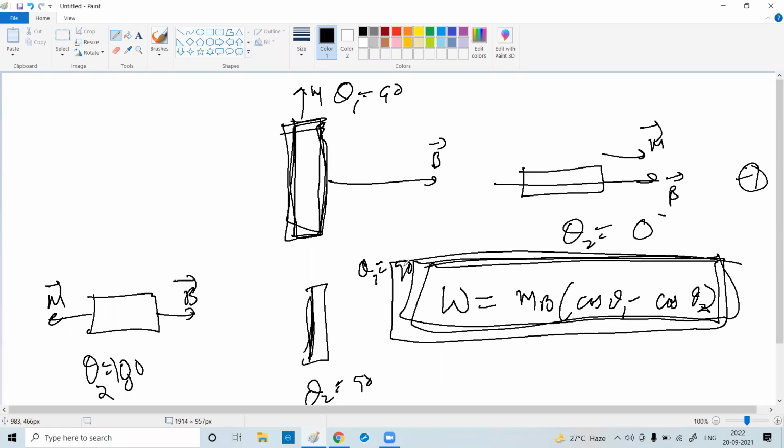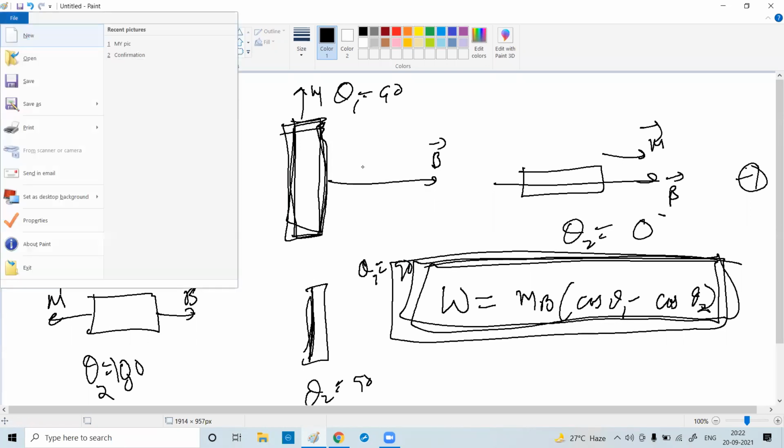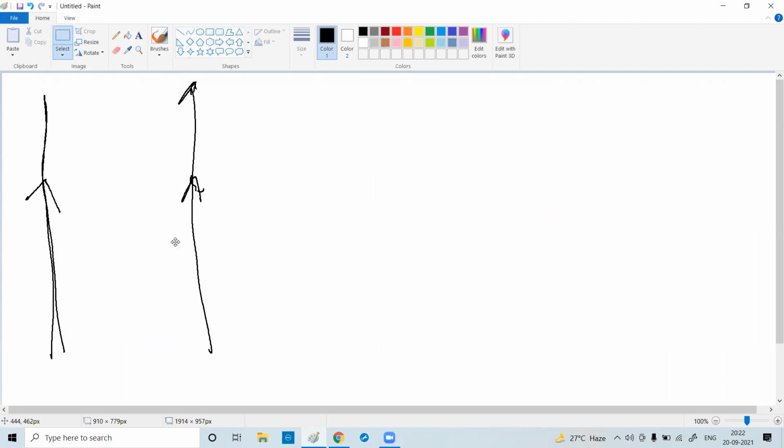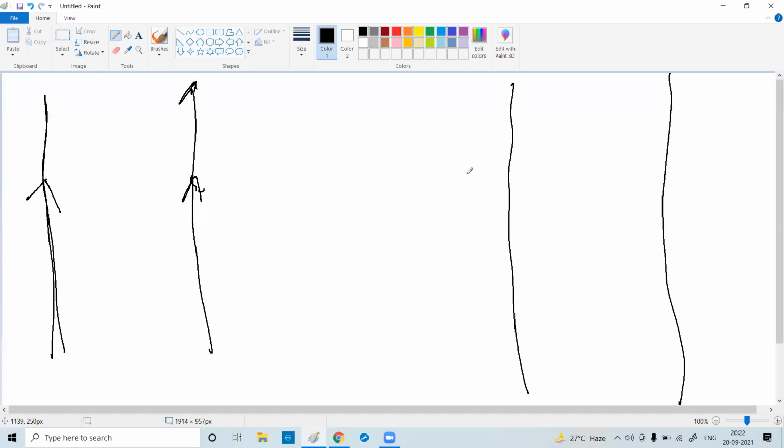So next we'll talk about two parallel current-carrying wires. Both are having current. The first condition is both are having current going in the same direction. And one more condition, the current will be going in opposite directions. Understood? These are infinite wires. When the length is infinite, we have to find out what the force is.